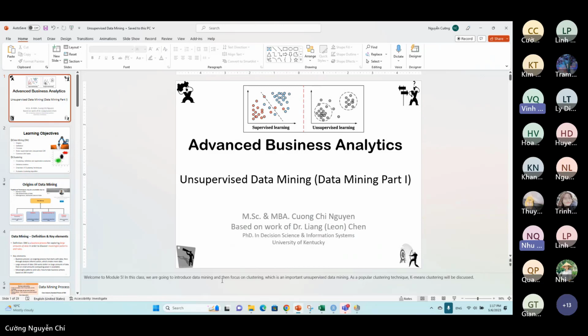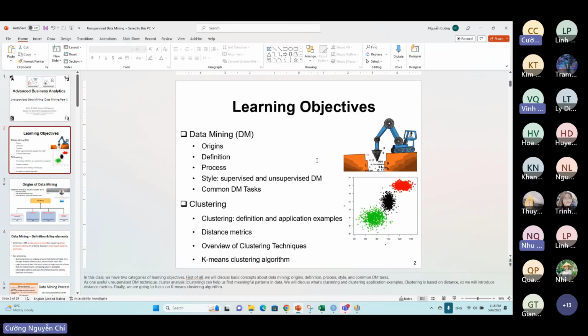Mostly we focus on clustering. That's a very important unsupervised data mining technique, and for the technique, K-means clustering will be the main theme. We will go through some sections, including the introduction of data mining,